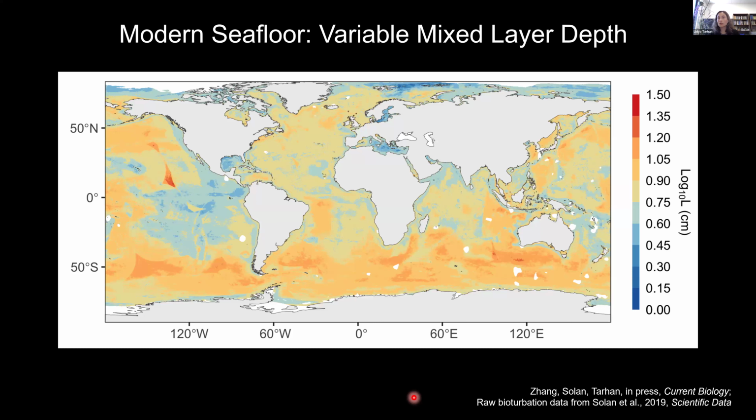So we can see that there's quite a lot of heterogeneity in the depth of the sedimentary mixed layer even today. But to take a maximum ichnofabric index from one of these ancient successions and suggest that that's representative of the entire global ocean at that time would be akin to my highlighting one of these bright red areas, for instance in the equatorial Pacific, and suggesting that that's representative of the entire oceans today.